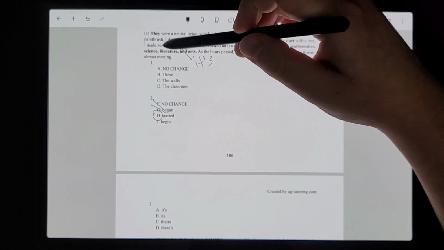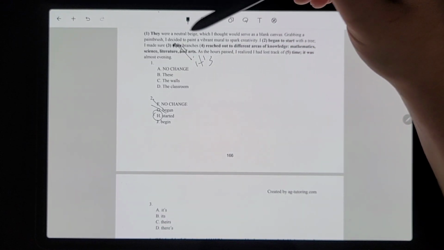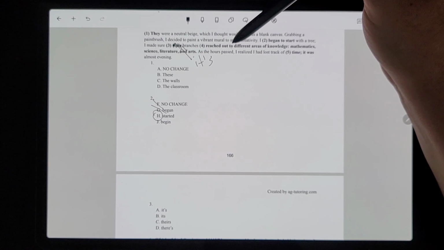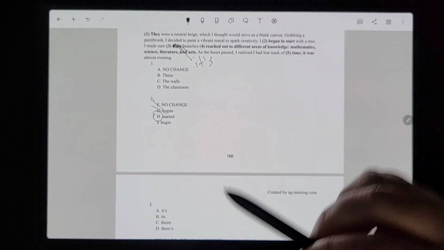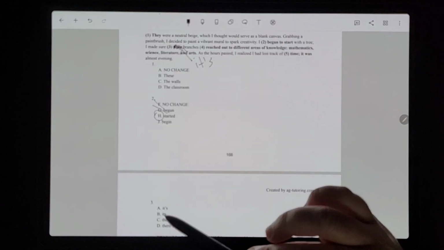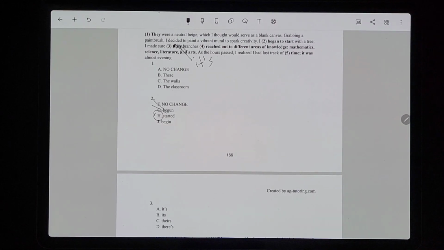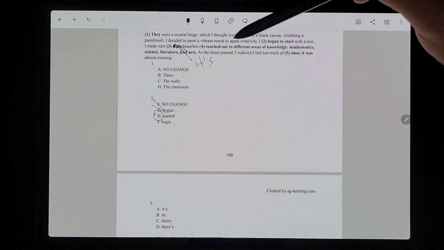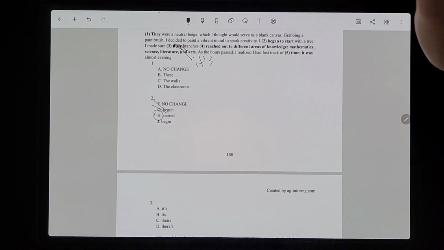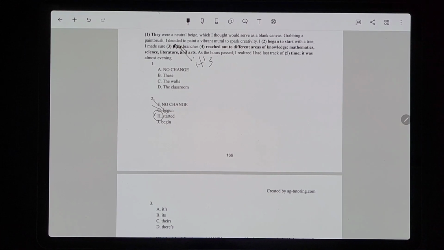I made sure its branches, and it's referring to the tree's branches. So the tree is owning its branches. Remember, tree is singular, so it has to go with "it" instead of "theirs." And when it shows possession, it has to be the one that's without the apostrophe.